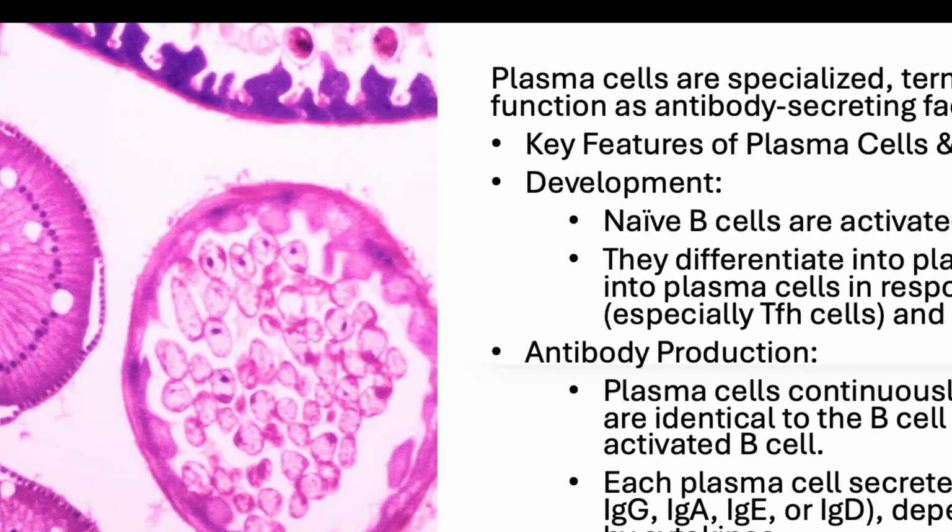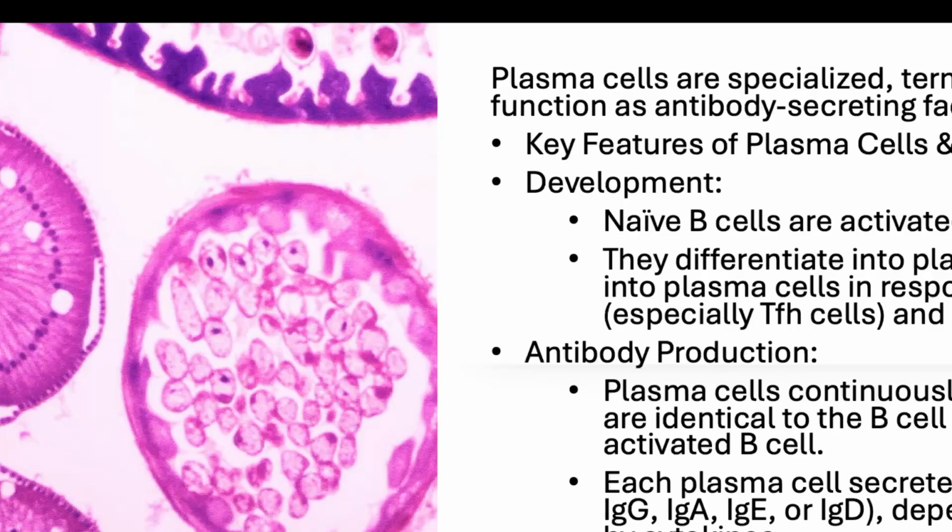And plasma cells have an extensive rough endoplasmic reticulum. Why? The endoplasmic reticulum and the Golgi apparatus are the place where protein folding and rearrangement happen to give the antibody its Y-shaped structure as well as specificity to its specific antigen. That is why these plasma cells have a very well defined and very large endoplasmic reticulum and Golgi bodies. So this is a summary about all the plasma cells, and